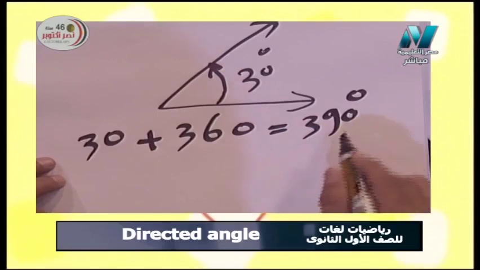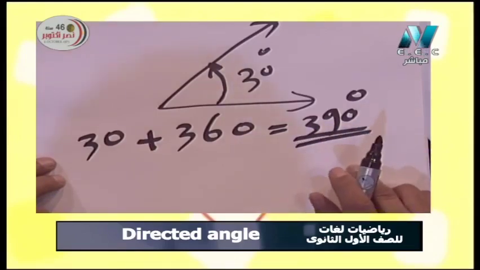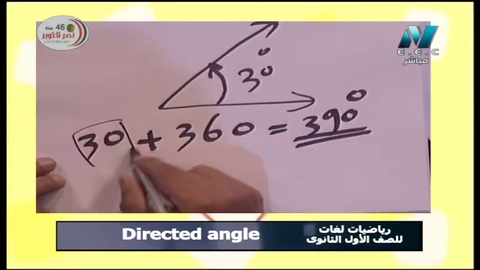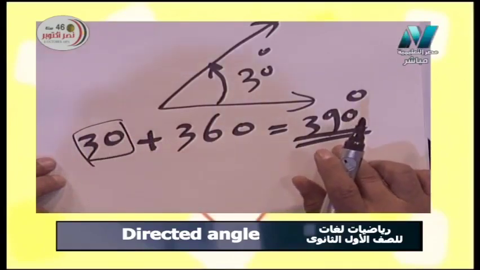So the angle 390 degrees is equivalent to the angle 30, or coterminal to the angle